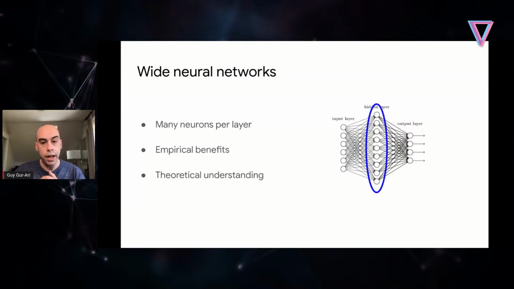And the other reason is that making networks very wide sometimes can lead to theoretical control over what's happening. It's quite difficult to understand the training dynamics and inference dynamics of networks with finite width in a general deep learning setting. But it turns out that if we push the width all the way to infinity, then there are theoretical simplifications that occur. And if you've seen Joshua Sohl-Dickstein's talk on this, I think he covered a lot of what we understand about large width networks from a theoretical perspective.